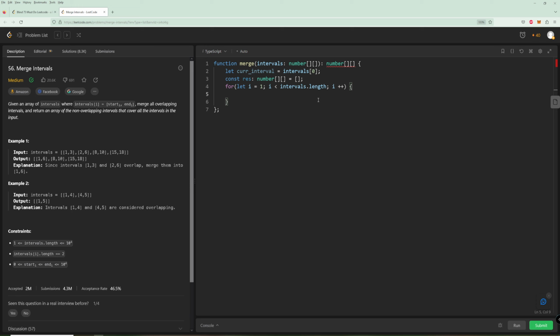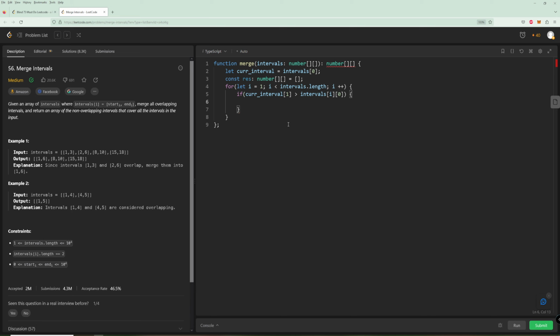So we could do that. So we could say if our current interval, and like I said, I'm not sure if this was 1, 3 and 3, 6, if that counts as overlap. I'm going to say that's not an overlap, but we might have to change our code later because I don't recall. Different problems have different criteria for overlapping intervals. Some might say if the 3 and the 3 here is overlapping, some might say it's not. So right now I'm going to say it's not. Okay, so if cur interval 1 is greater than intervals i, let me check the 0 value,